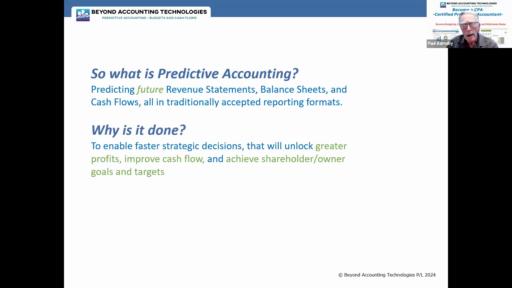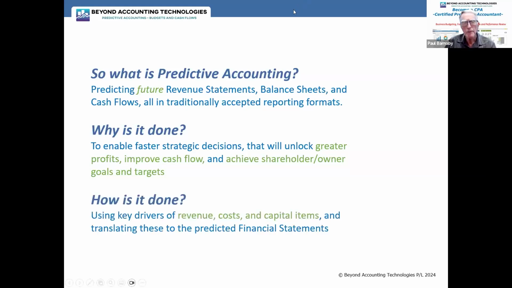And how do we do it, or why is it done? It's done so that, obviously, we can be that virtual CFO to our clients, enable faster decisions, allow our clients to unlock increased profits, better cash flow, and achieve their target. But very often, they are just dissatisfied with their business, not because it's unprofitable or having issues, but it's just not achieving their targets. And the very word target itself means future. So unless you're working with your client to help them achieve that future, then you're not really helping them the way you should. So that's why we do it.